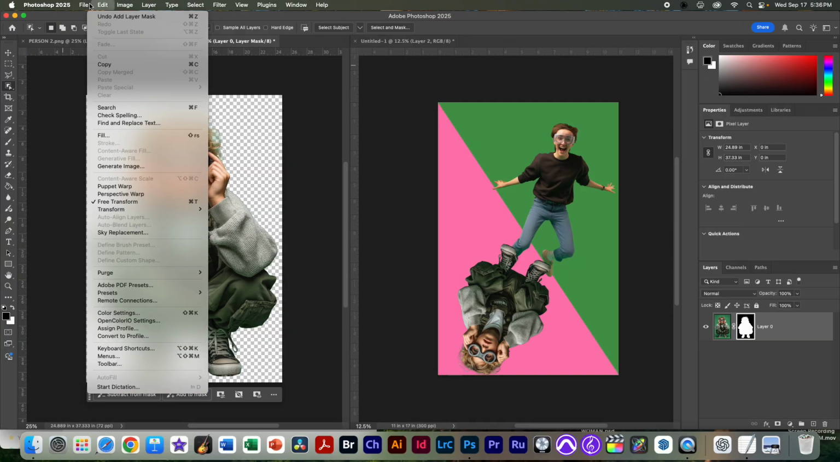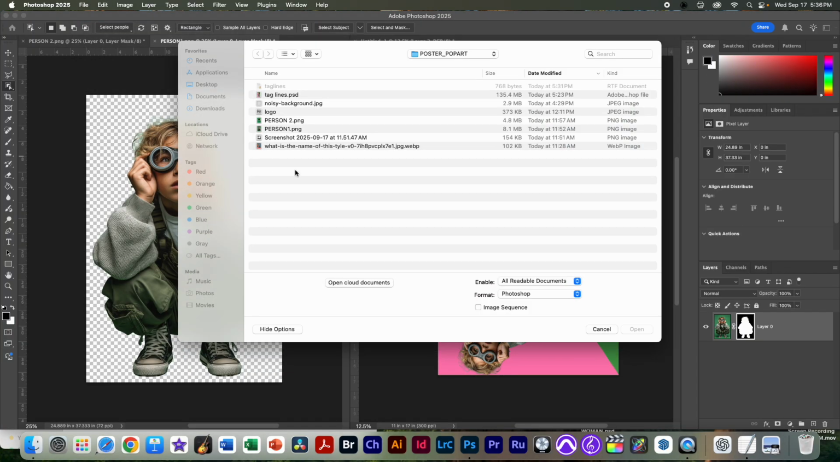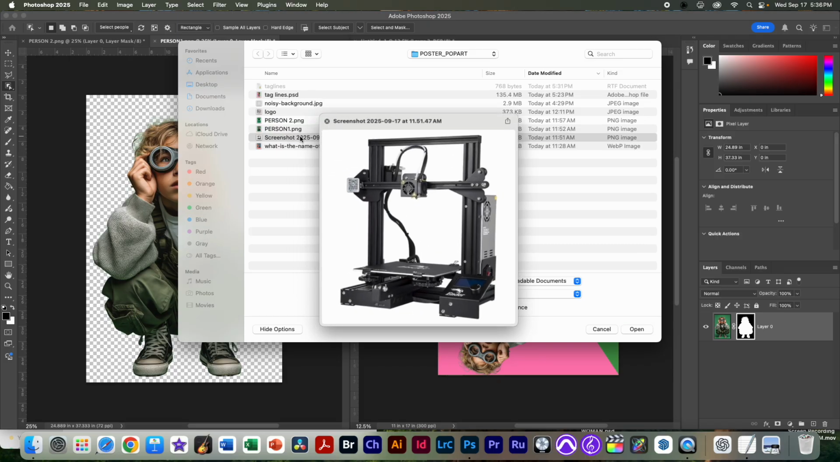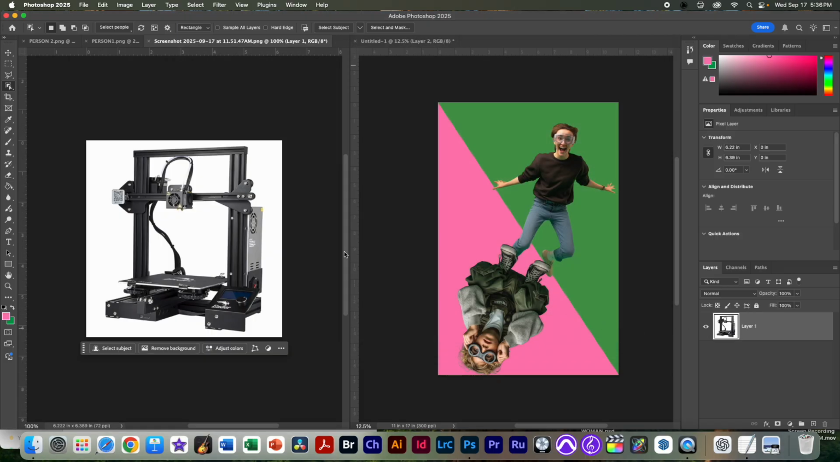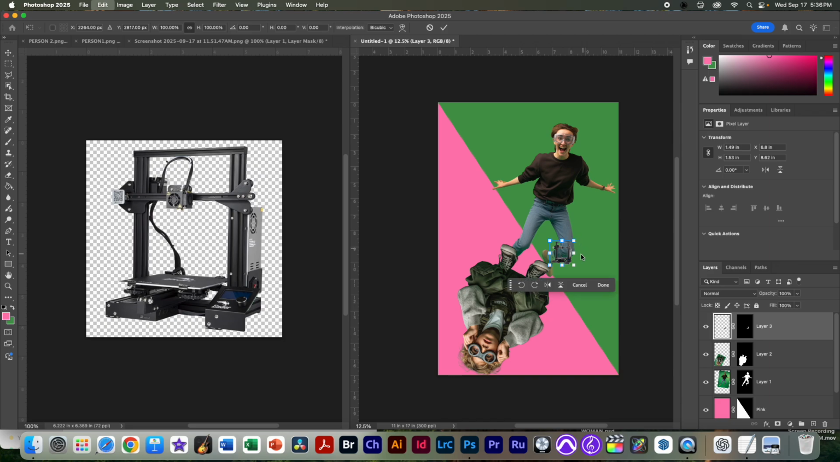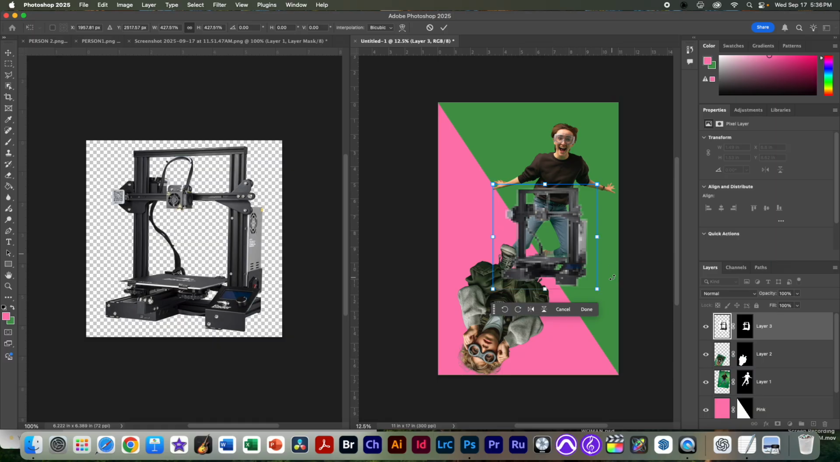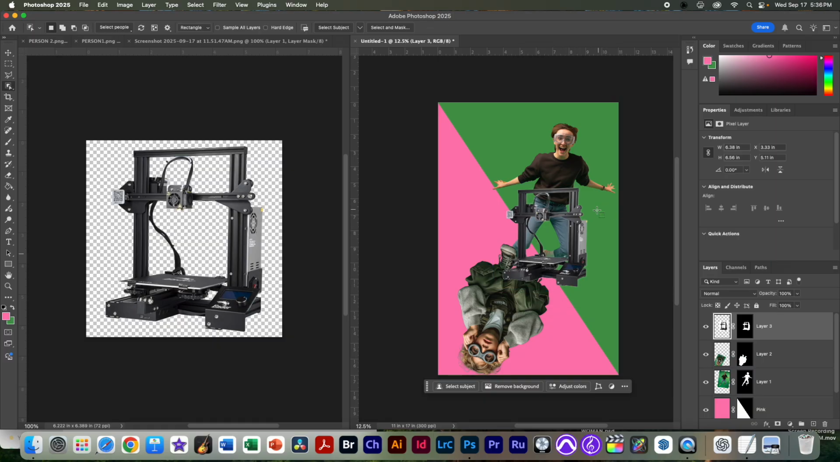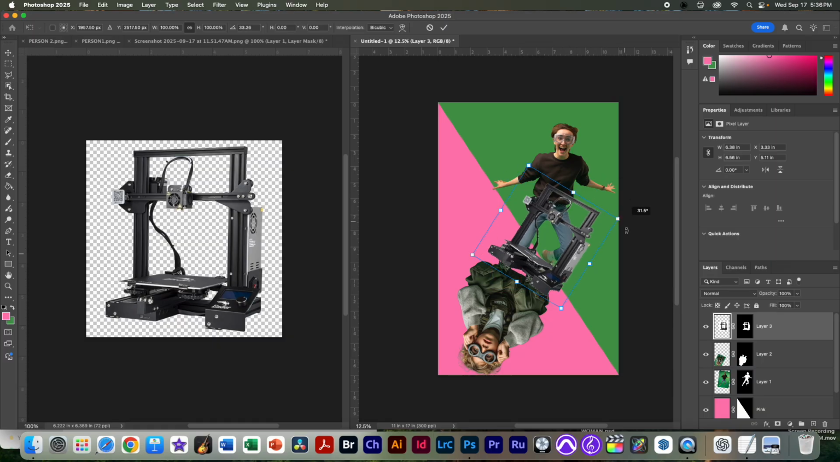On this side, we're going to go to File, Open, and we're going to bring in the screenshot of the 3D printer. We're going to open it. Again, W, select, mask, you got the idea. And then we're going to drag that in here into the center. Command T to make it a little bit bigger. It should be a little bigger than that. Something like that. And now we're going to rotate this slightly like this